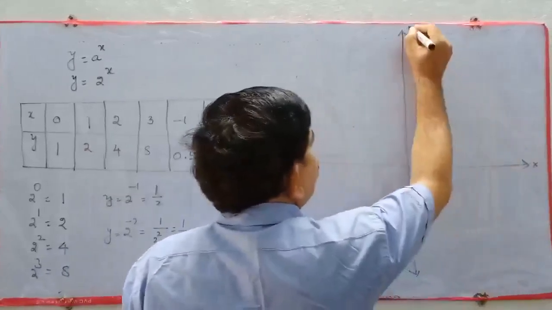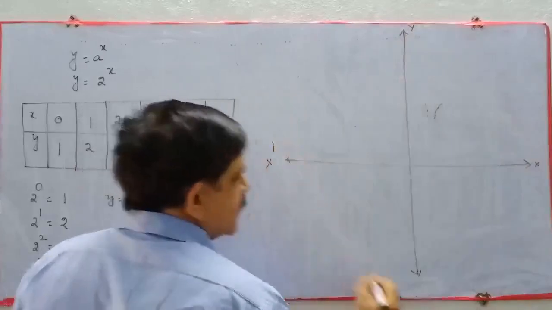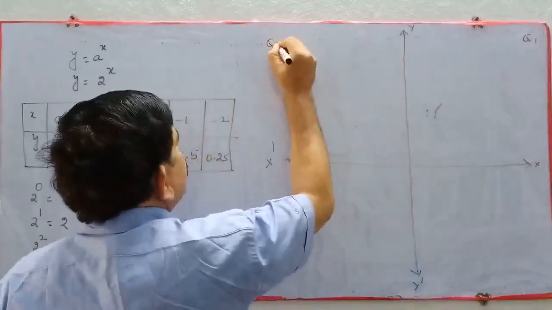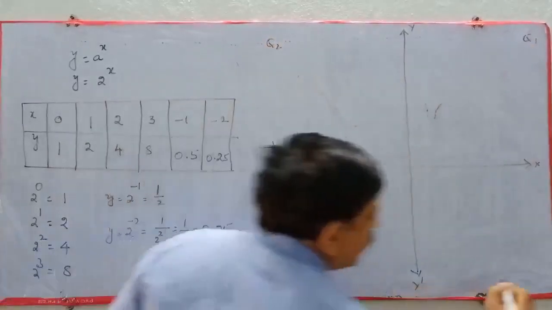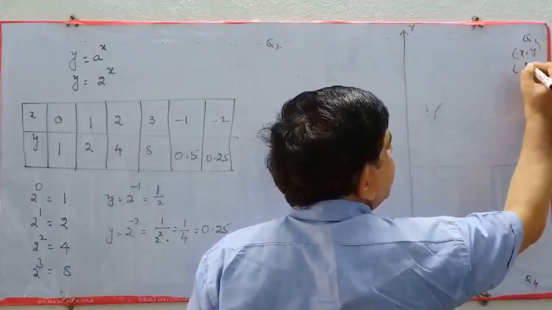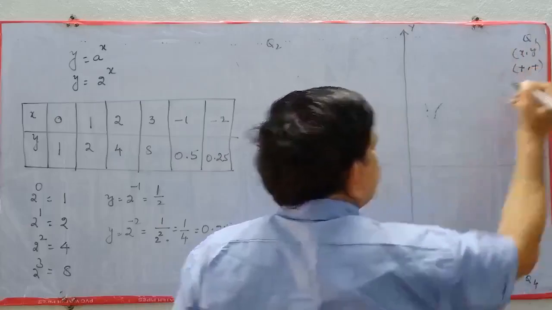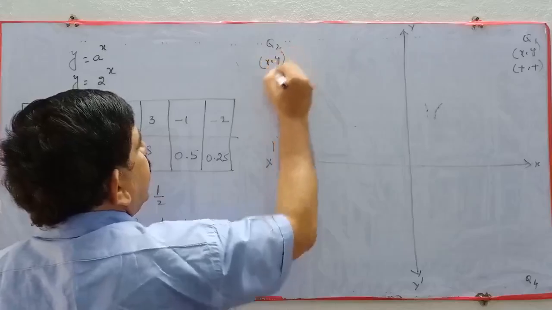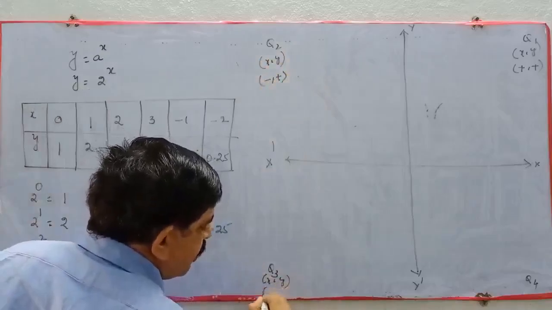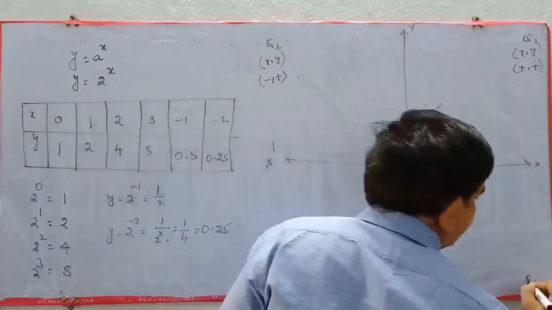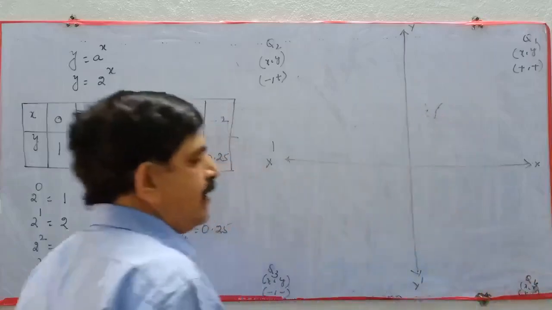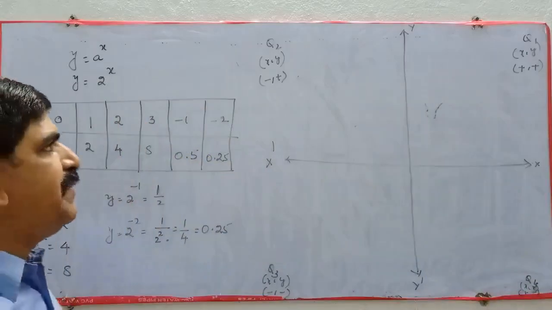Now you take the graph. So x-axis, y-axis, negative x-axis and negative y-axis. So this is quadrant 1, quadrant 2, quadrant 3 and quadrant 4. Next, here you have different values of x and y in different quadrants. So plus comma plus, minus comma plus, minus comma minus, plus comma minus. Okay, these are the signs of x and y in different quadrants.